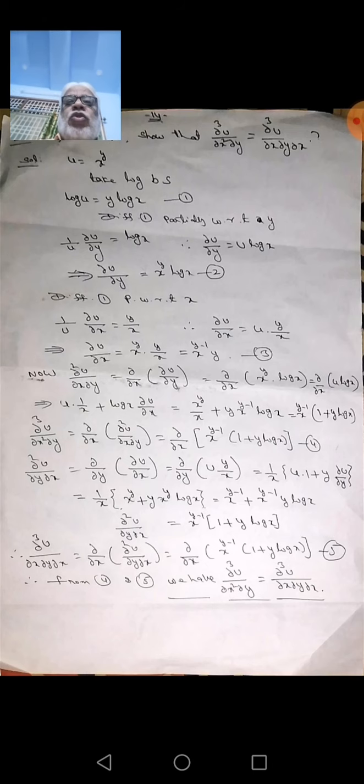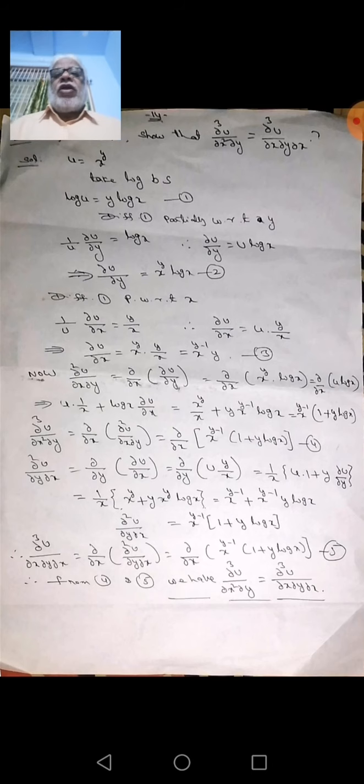If u is equal to x power y, show that dou 3u by dou x dou y dou x is equal to dou 3u by dou x squared dou y, and so on. Observe here, so what is the question? u is equal to x power y. Generally, with powers like x power y we use logarithms. Without logarithms the derivative of such a power cannot be found. So u is equal to x power y is given.